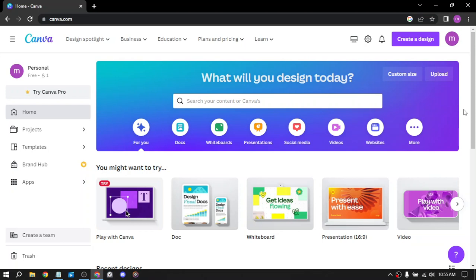One way to make money with Canva is by creating and selling designs on Canva Marketplace. As a designer, you can create unique and high quality designs and upload them to the Canva Marketplace. When someone purchases your design, you earn a commission. The commission amount varies based on the type of design and the selling price, but it typically ranges from $1